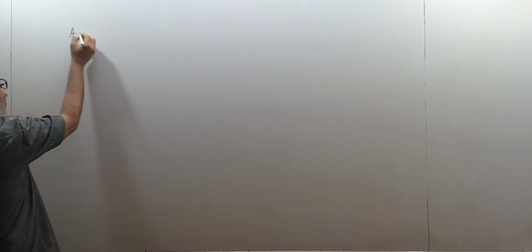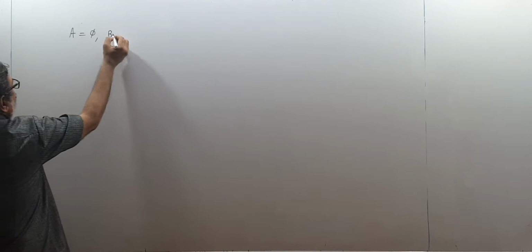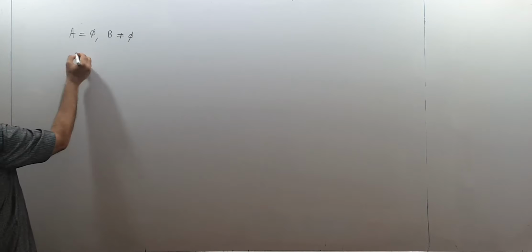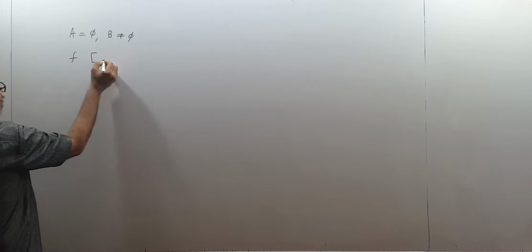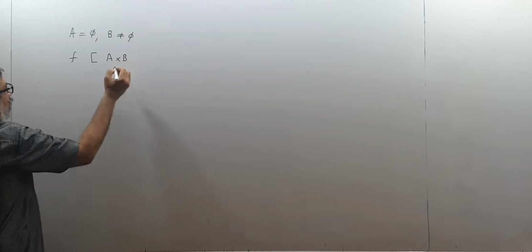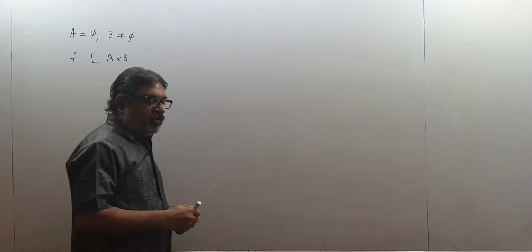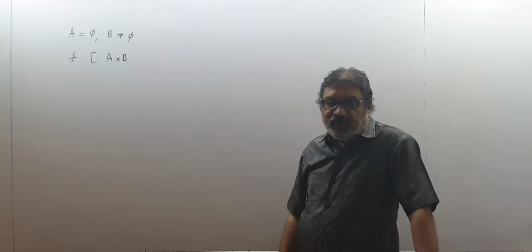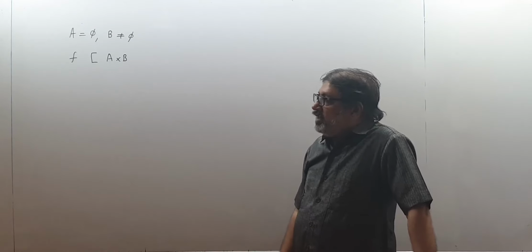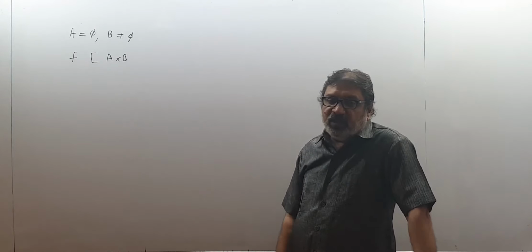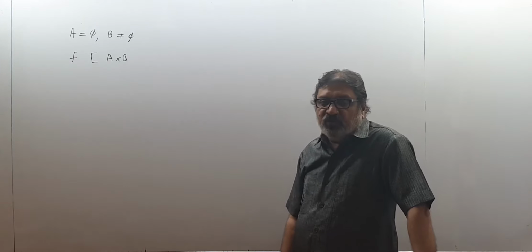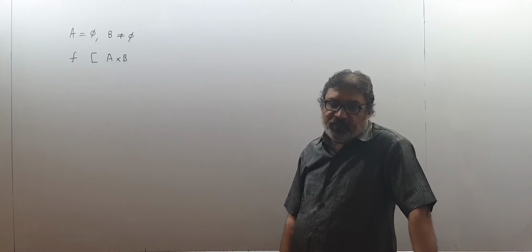Just like relation again, if there are two non-empty sets A and B, A is a non-empty set and B is also a non-empty set, and we have got a relation F which is a subset of A cross B. Or let me call any one subset of A cross B, let me not call it a relation. So F is a subset of A cross B supposedly. So what particular condition the subset F needs to satisfy so that we call F to be a function?